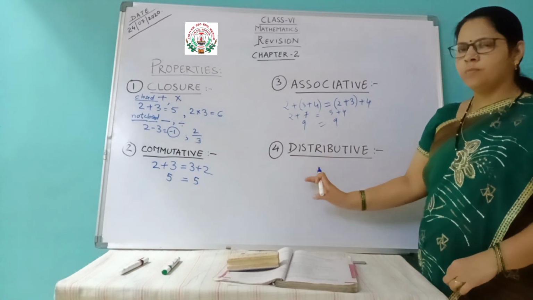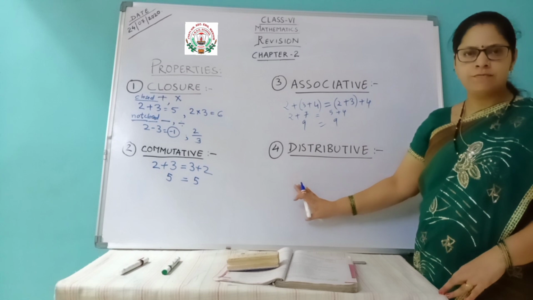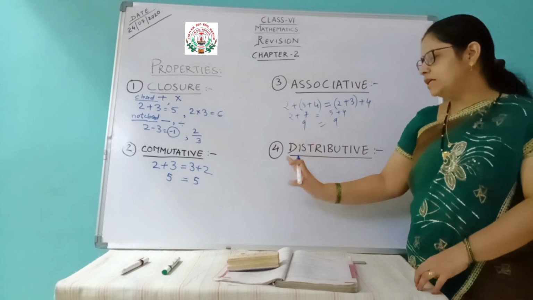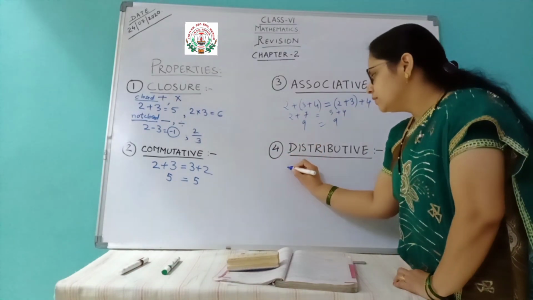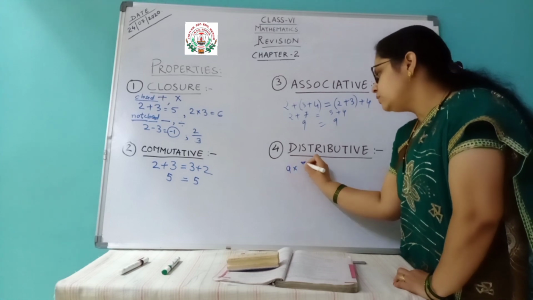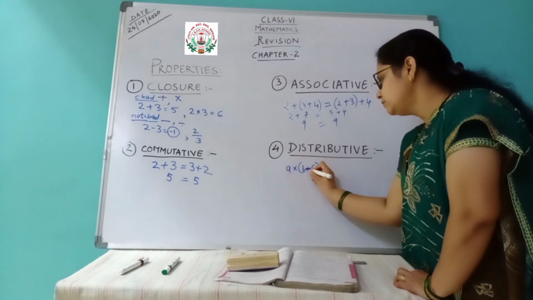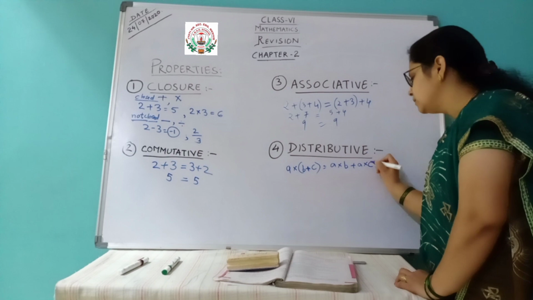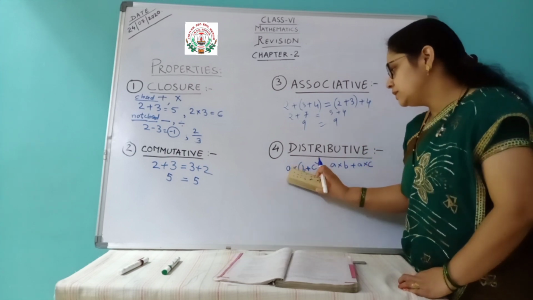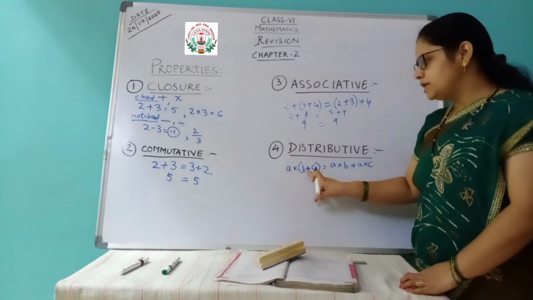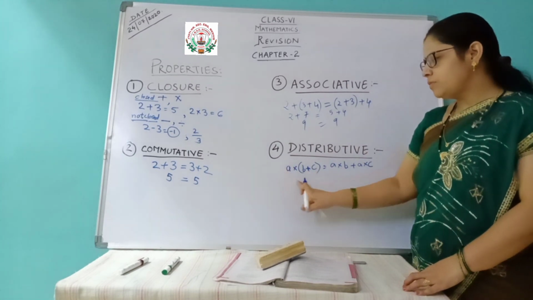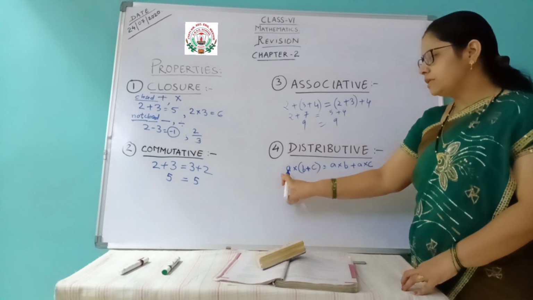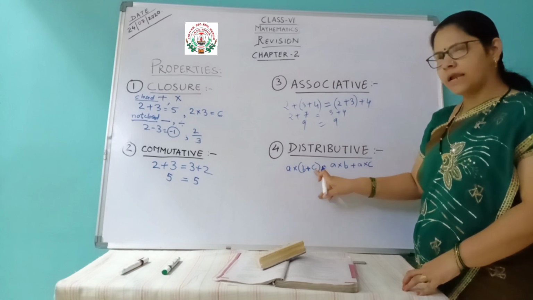Next, coming to the distributive property. It is the most important property, which will be helpful for solving various types of questions. Now, distributive property is generally for multiplication over addition. Like first I will take the alphabets A into (B plus C). It is equal to A into B plus A into C. Means the outside term, this A, will be multiplied to each term inside the bracket. First it will be multiplied to the first term, then this sign will be here in between, then again the outside term will be multiplied to the second term of the bracket.